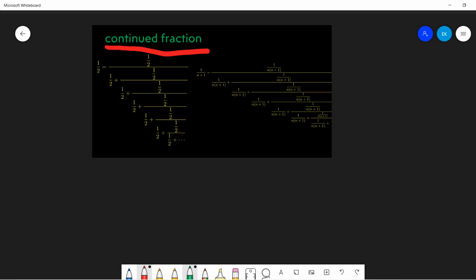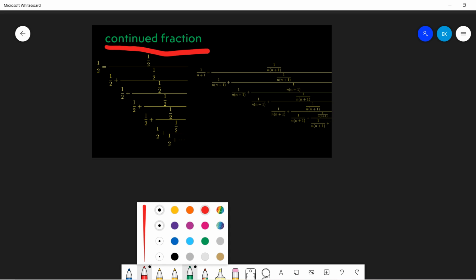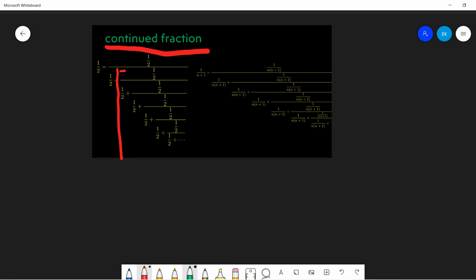Okay, so we just need to prove these two, right? The first one is that the continued fraction equals one half. So the proof is very easy. Let me use a sticker. If you look carefully at this part,